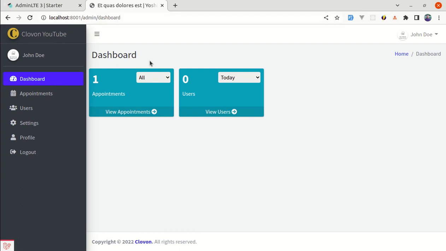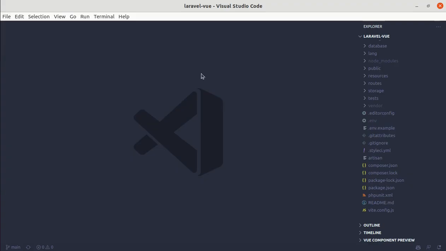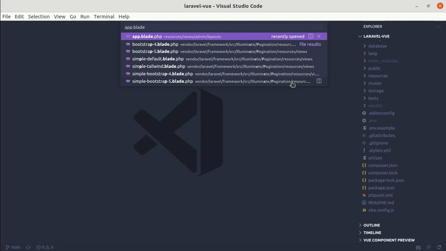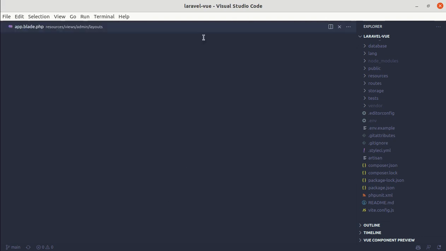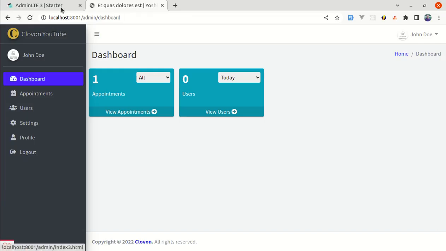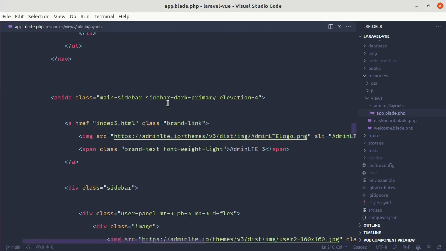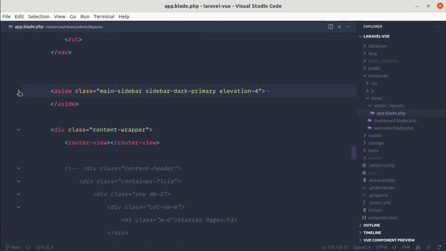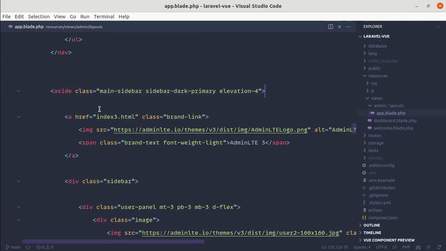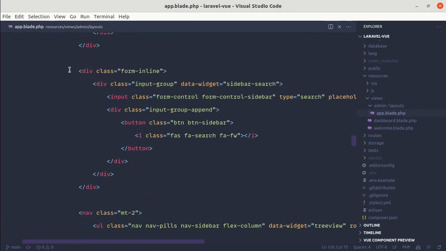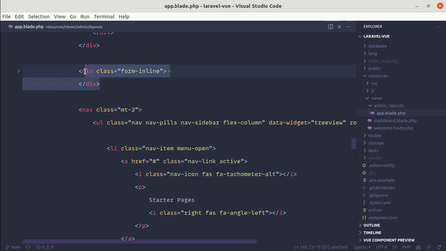So let's get started. First of all, let's start by adding these navigation links. So let me open up the code editor and let me go to app.blade.php, which is inside of resources, views, admin, layouts. Okay, now if I go over here, we don't need this section for the source part, so let me find that. We have this aside section for this menu, right? And inside of aside we have this profile and we have this form, right? And actually we don't need this form for now, so let me completely remove it from here,